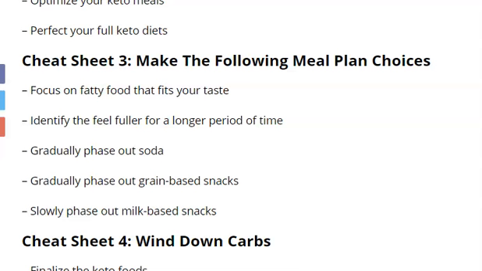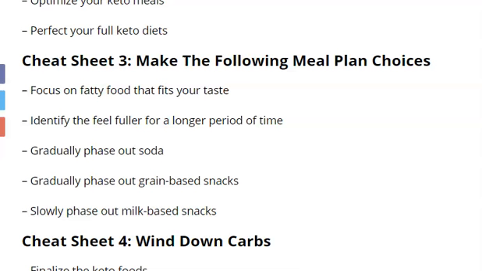When you eat fatty food, you are not going to feel hungry, so maybe you can just eat once a day, and gradually phase out carbohydrates such as soda and cakes, and even rice and bread. Also gradually phase out grain-based snacks and milk-based snacks.